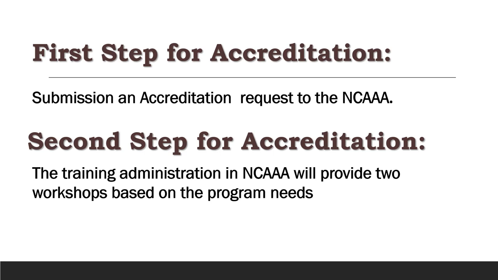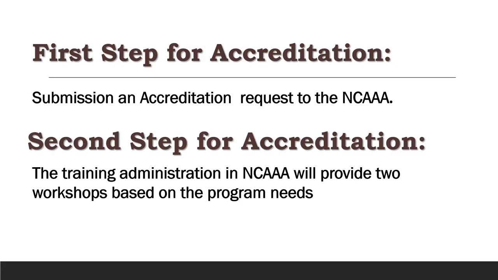In order to be accredited, you need to pass 6 steps. The first step for accreditation is the submission of the accreditation request to the NCAA. This can be done by the university or the quality deanship in the university through the Vice Rectorate of Educational or Academic Affairs. The second step is a cooperation between the NCAA and the program